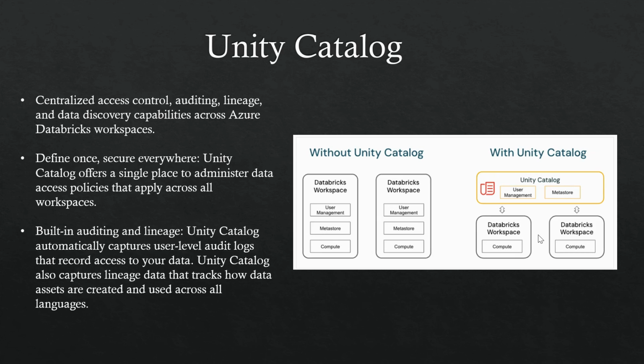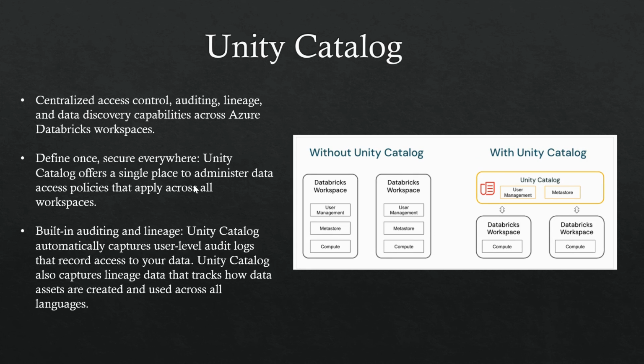With the help of the Unity Catalog, you just need to create your own compute cluster in each workspace. They are independent, but the user management system remains the same for each workspace. You can predefine which workspace will be using what policies. And also, the metastore is present inside the Unity Catalog. You can use it across the Databricks workspaces. So that is one benefit that you will get with the help of Unity Catalog.